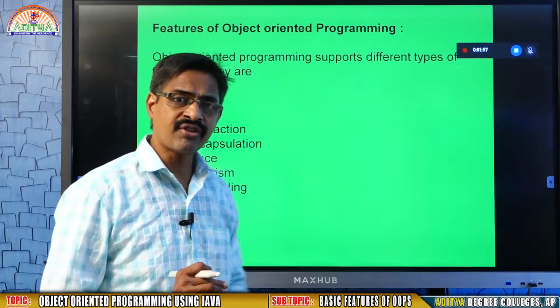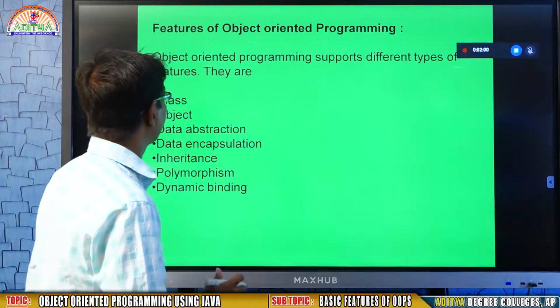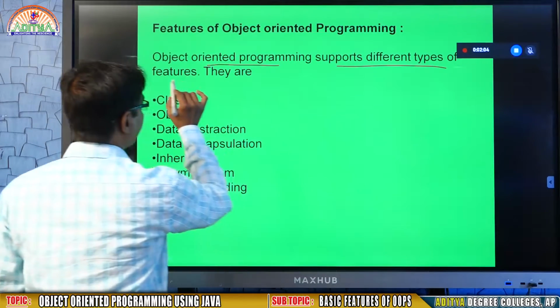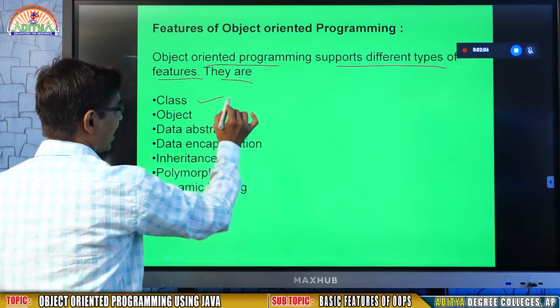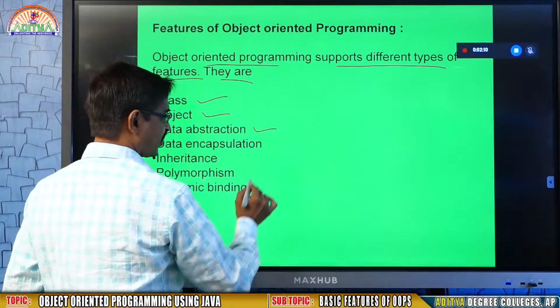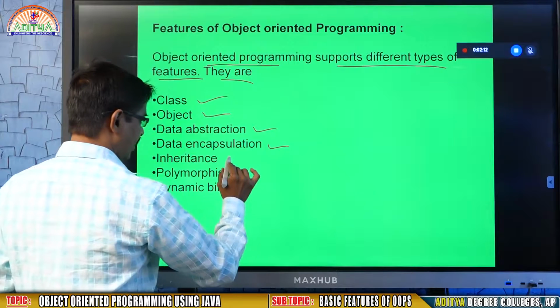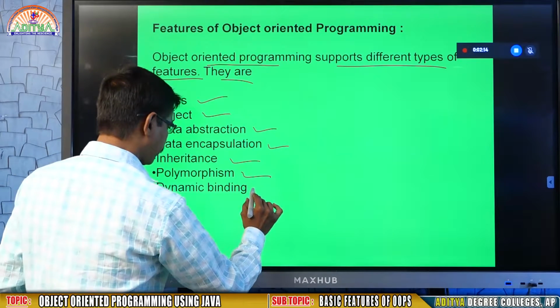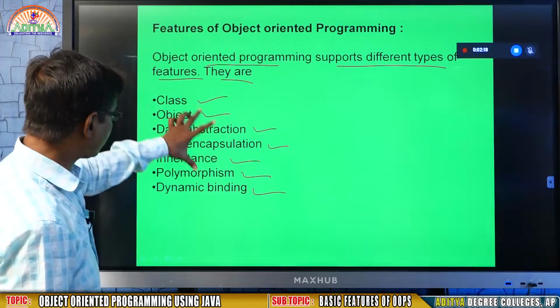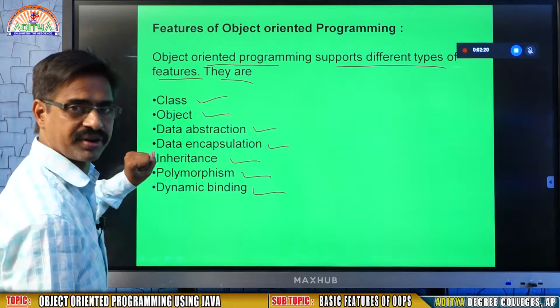So in the features of Java you may see that object-oriented programming supports different types of features. They are class, object, data abstraction, encapsulation, inheritance, polymorphism, dynamic binding. All these terminologies are very much important.